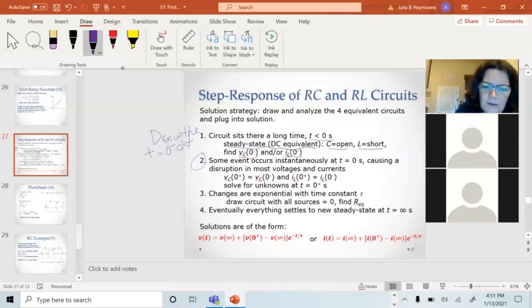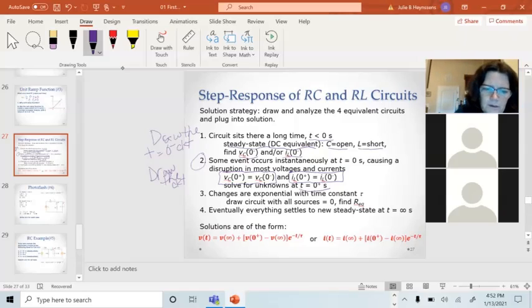The thing that we know, since we've already solved for VC of 0 minus, we know VC of 0 plus. Since we may have already solved for the inductor current at 0 minus, we know the current at 0 plus. We can solve for the unknowns at 0 plus. Again, you have to draw the circuit. I can use that circuit, I can use the 0 plus circuit